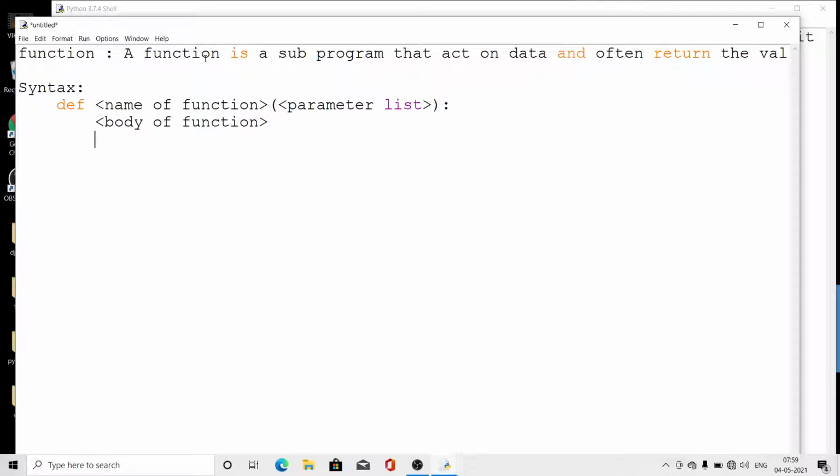Clear? So this is the syntax of functions that we have to write: def and any valid identifier name,